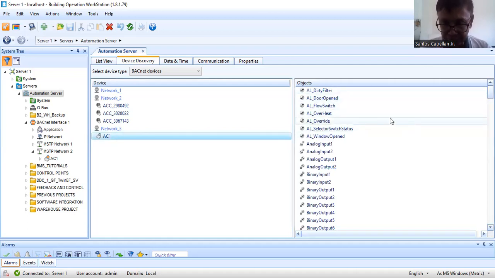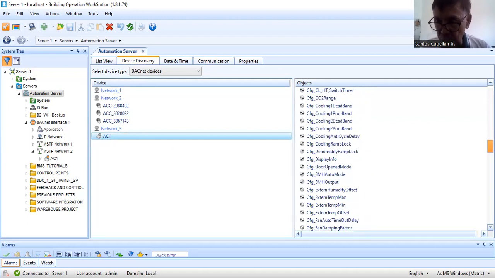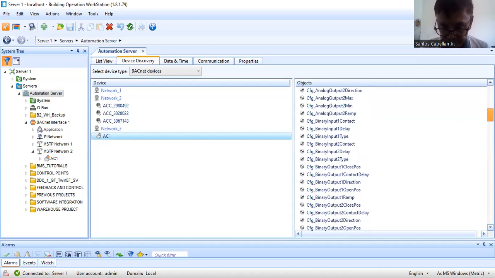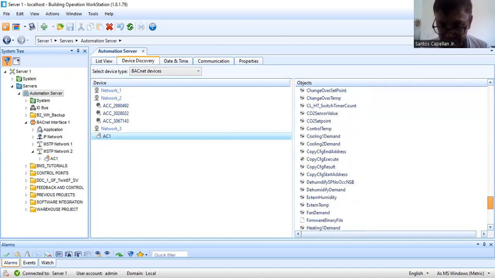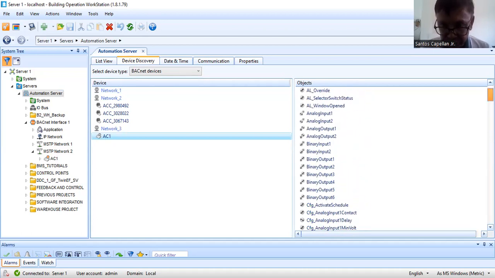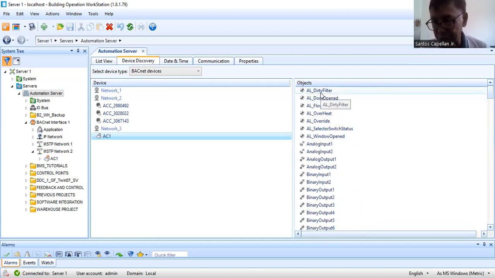Now, guys, once you double click this BACnet device, it will try to show you what information is exposed. When I say exposed, these are the information exposed to our system. As we can see here, there are so many information here. Here we have the dirty filter, meaning it can also